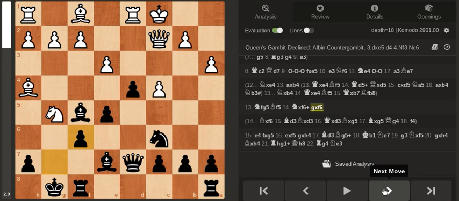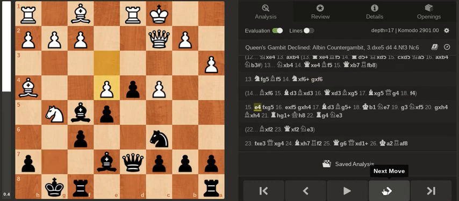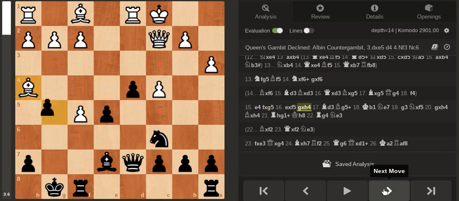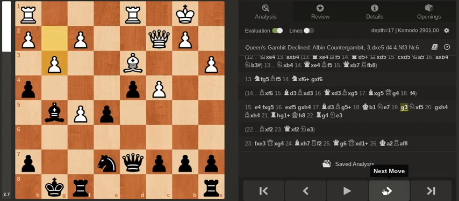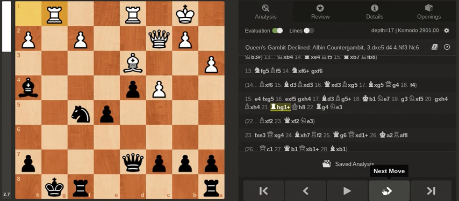But after taking with the pawn, my opponent blundered, and well, I'm just winning a piece after e4. Takes, takes, and well, this should be a very simple technical win. Bishop d3 defending the pawn. Check. King b1. Knight e7. And I take the pawn. I wasn't worried about this check. And now rook g4, which